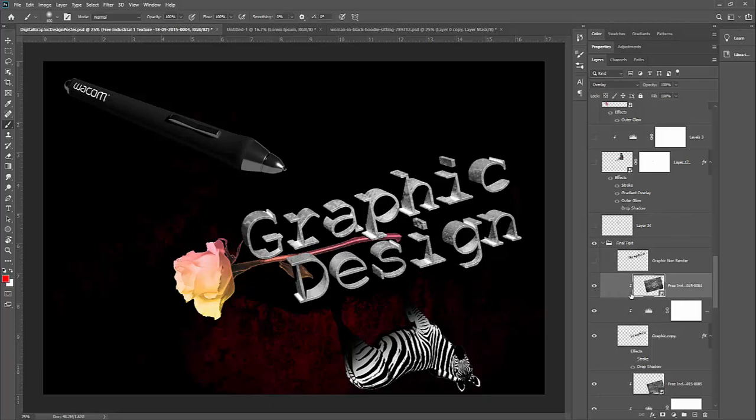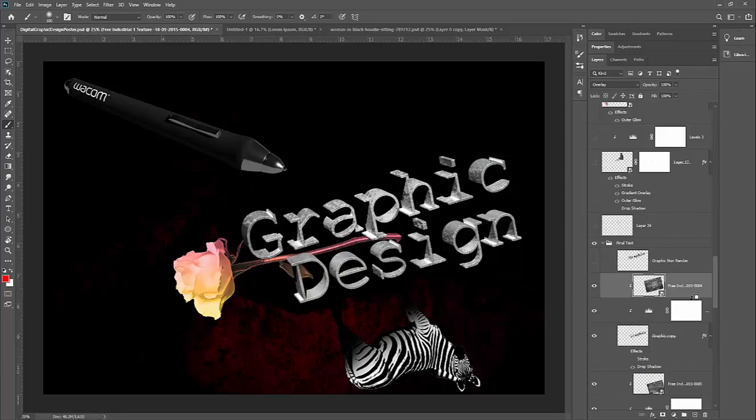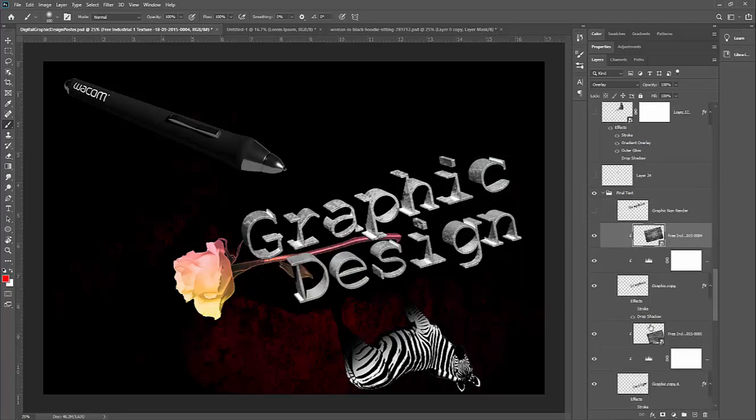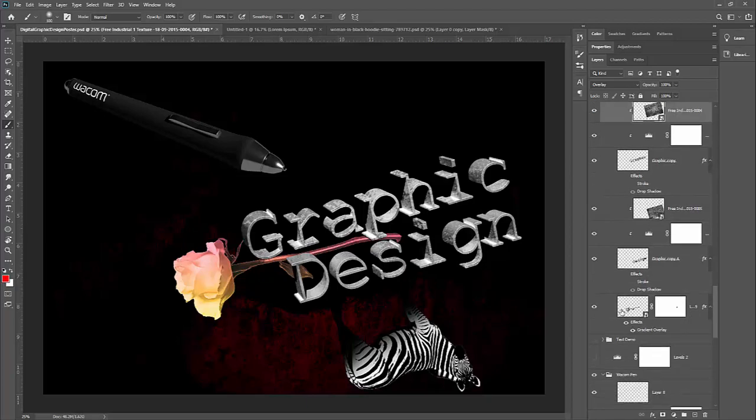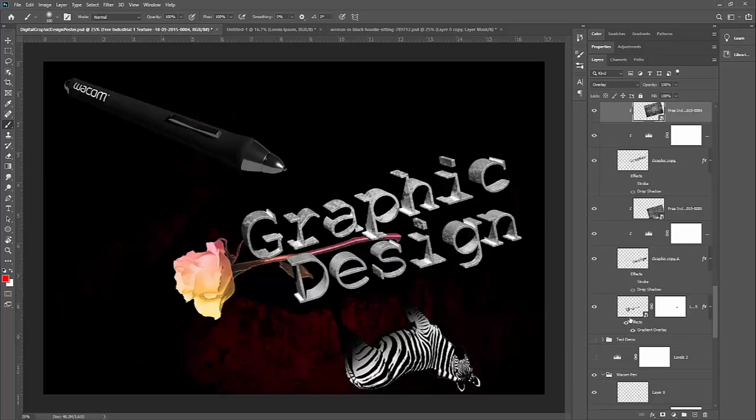So it's being clipped by holding the Alt key between these two layers, and you can unclip the texture. And there it is, and then clip it again. And this one I used overlay for the blend mode. In here, I have this image of a rose, which is a white rose, and I added a color gradient